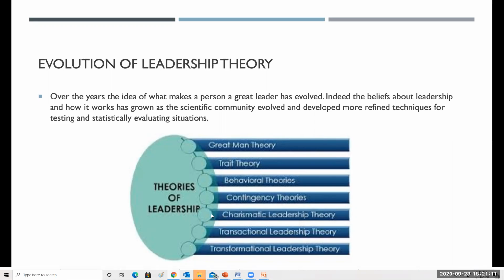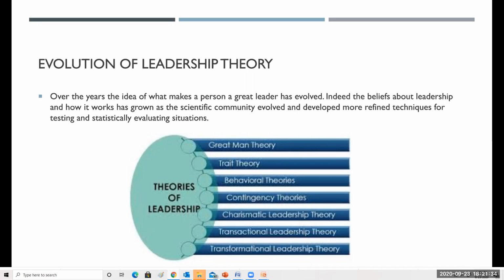what we call the contemporary or modern theories of leadership, which are represented by these three here: charismatic leadership, transactional leadership, and transformational leadership. Another one that could be added in here, which is probably the most current one, is authentic leadership. So those four: charismatic, transactional, transformational, and authentic leadership would all fall under the category of contemporary or